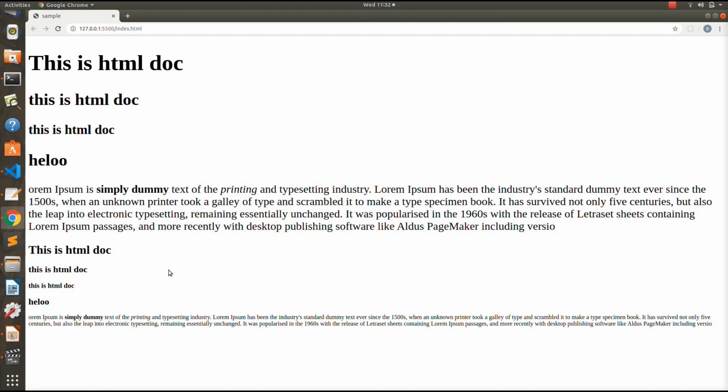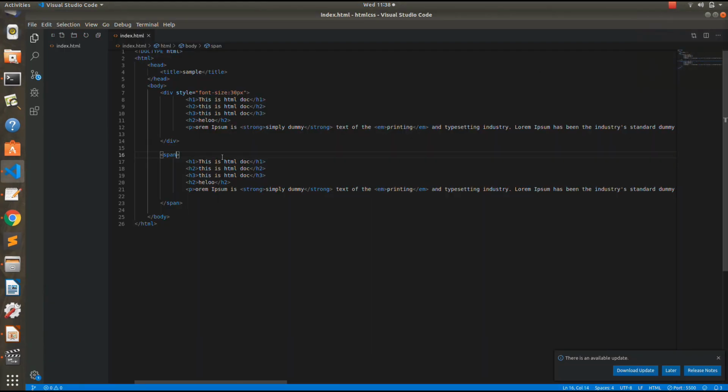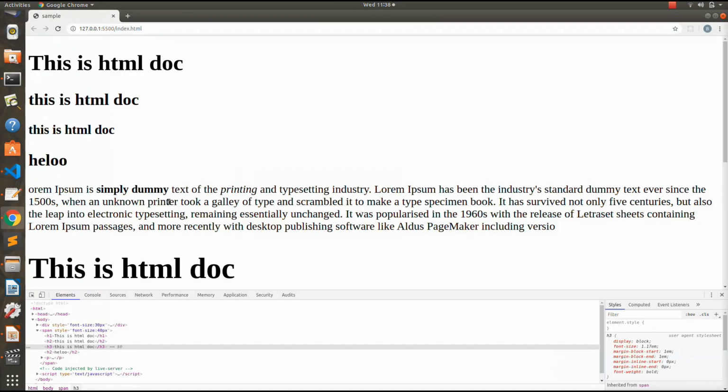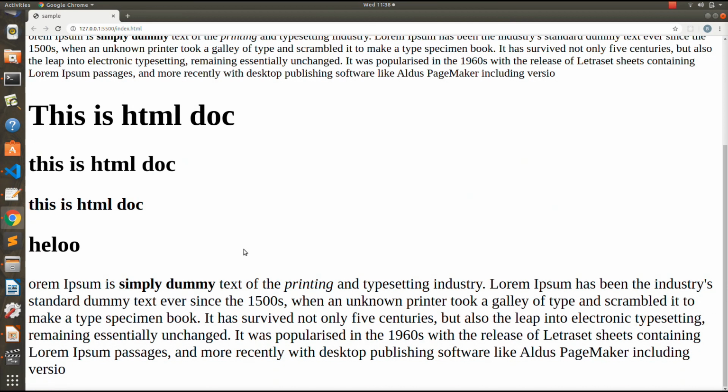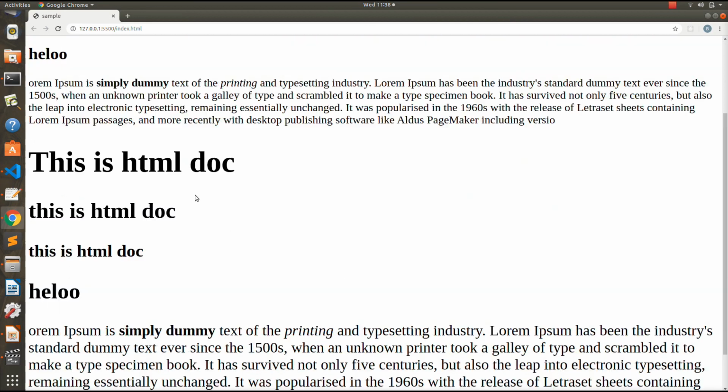So what is the difference between a div tag and a span tag? Let's see if you can find out. So if I apply the same style here, style equals font size 30 pixels. Okay, if I change that to 40 pixels, and if I save that, you can see that the contents of this span tag now have a font size of 40 pixels.